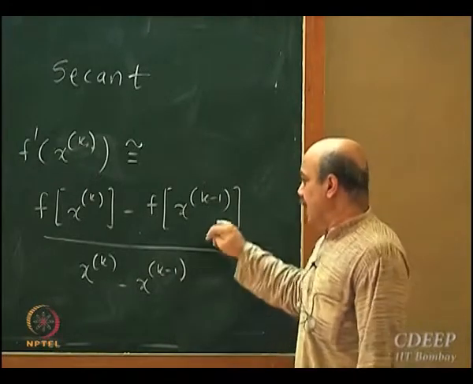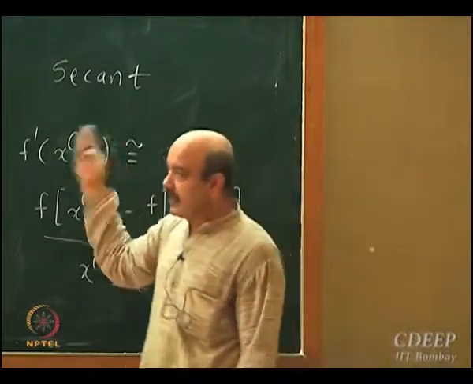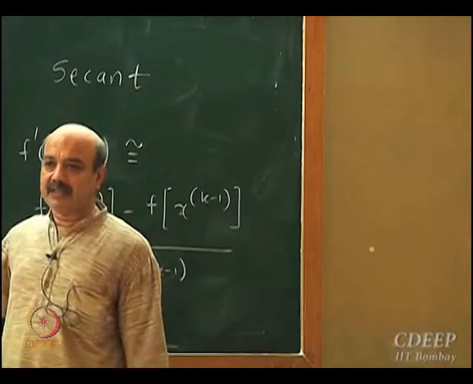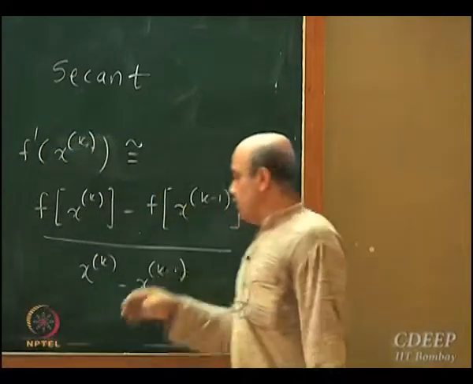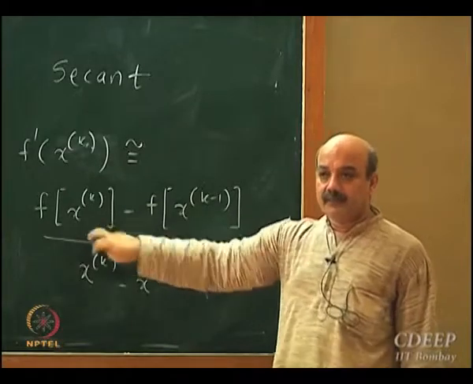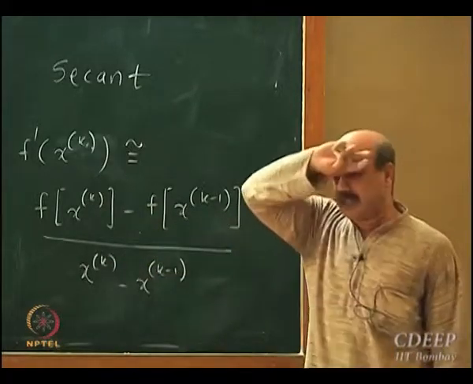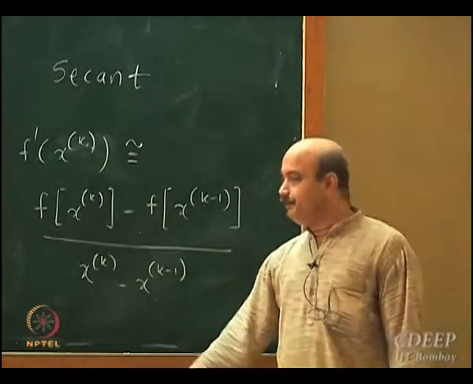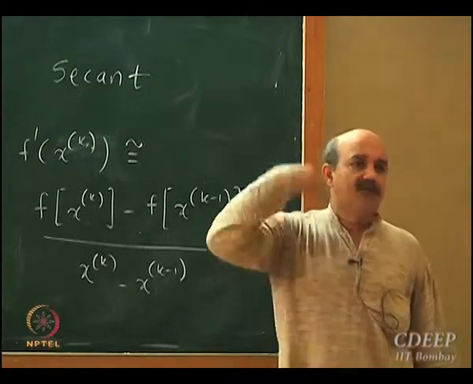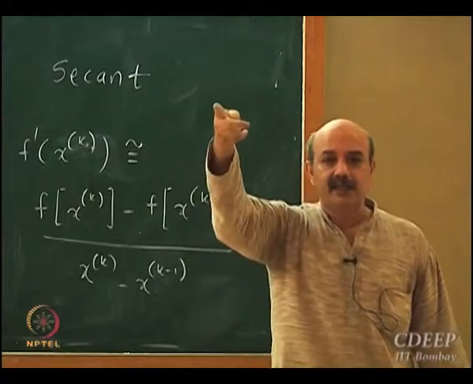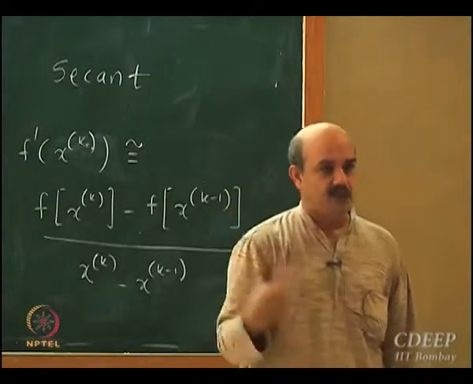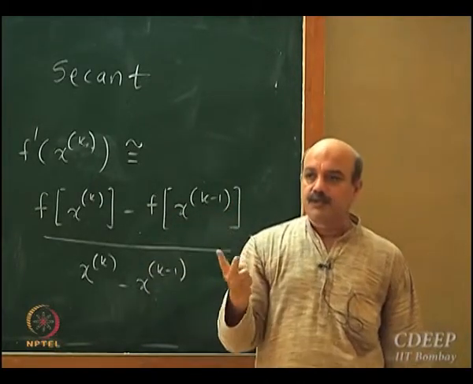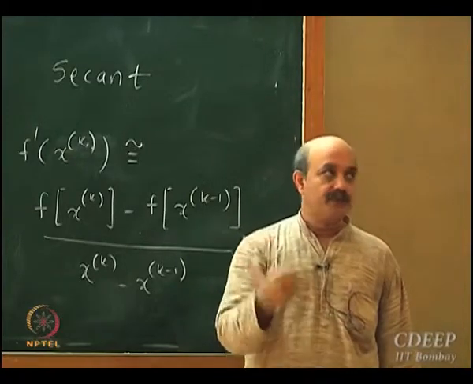You need two initial guesses, x0, x1, then you can create the next guess x2 starting from x0, x1, because this gradient calculation will require x0, x1. You compute the gradient from two initial guesses, and then you can move on to x2. Then from x2, x1 you can create x3, from x3, x2 you can create x4, and so on. Okay, so you start with two initial guesses, x0, x1, create x2, using x2, x1 create x3, and so on.